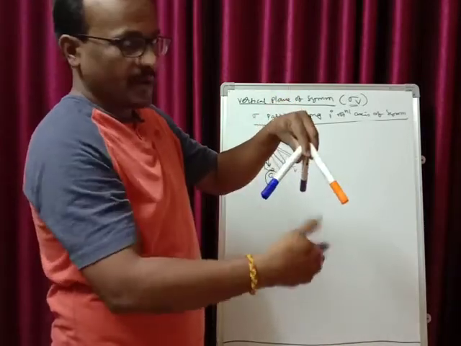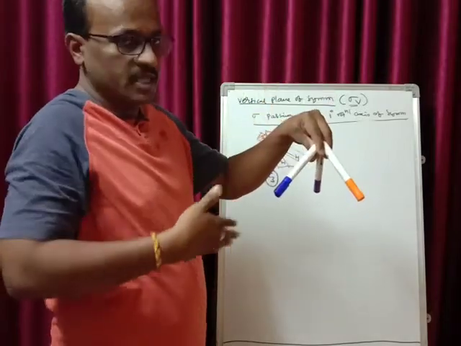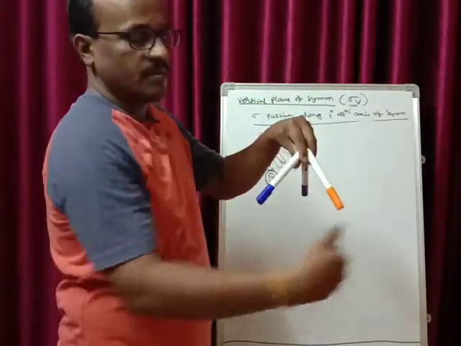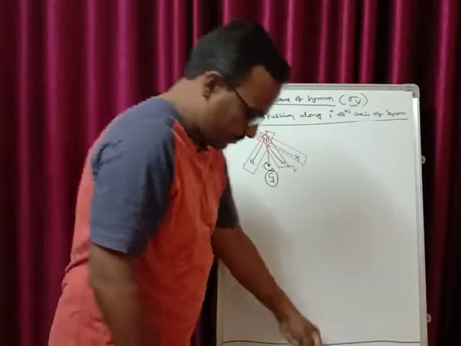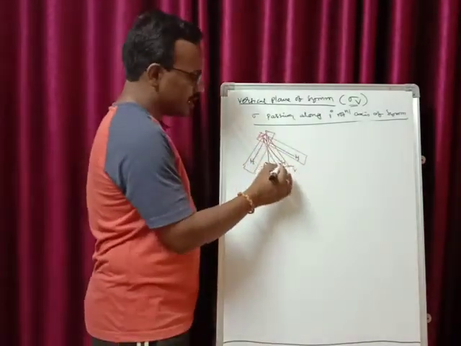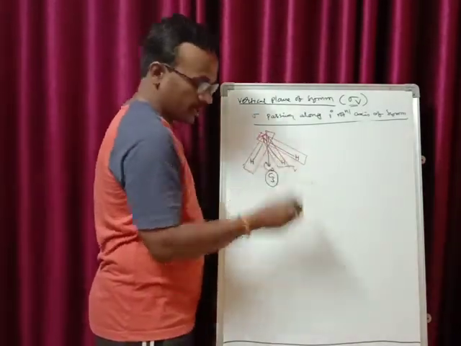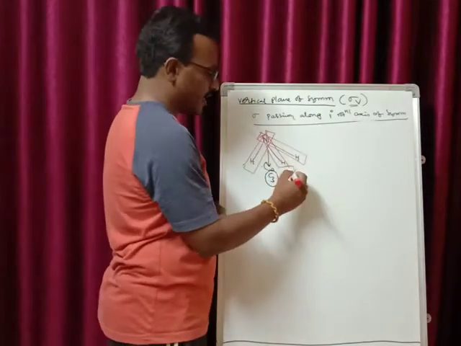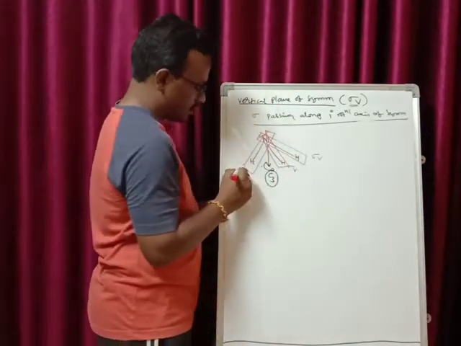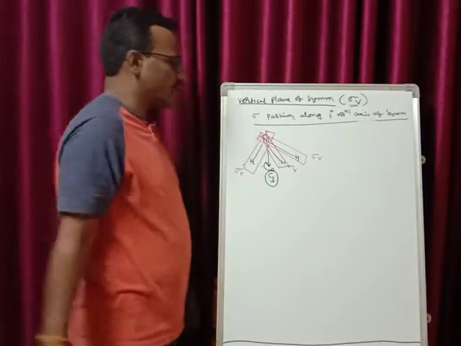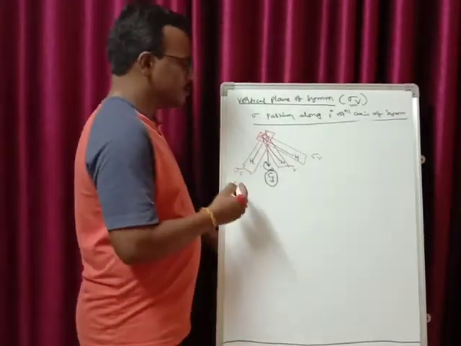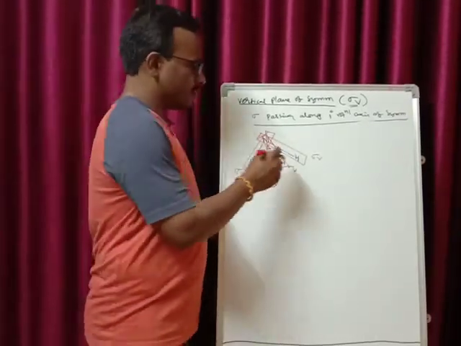So this is one plane. The second plane passes from this NH bond. Third plane passes from this NH bond. Therefore, each plane is passing from an NH bond. In case of ammonia, you have 3 NH bonds. Therefore, we say there are 3 sigma V's in case of your ammonia. So, in case of your ammonia molecule, you have 3 planes of symmetry.